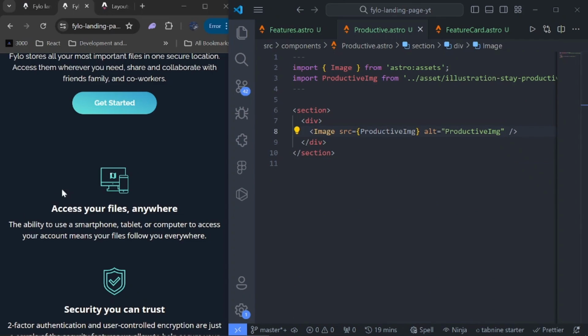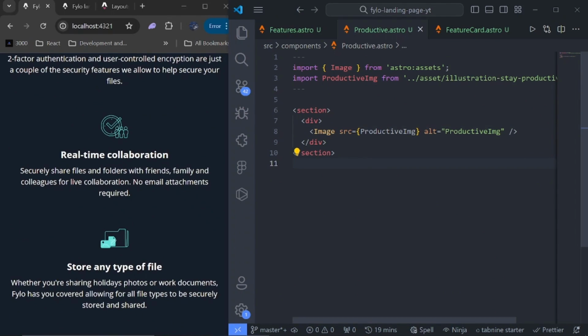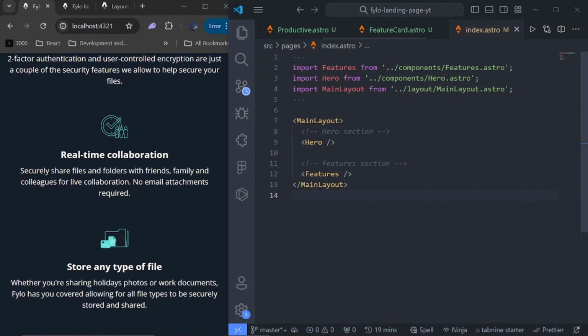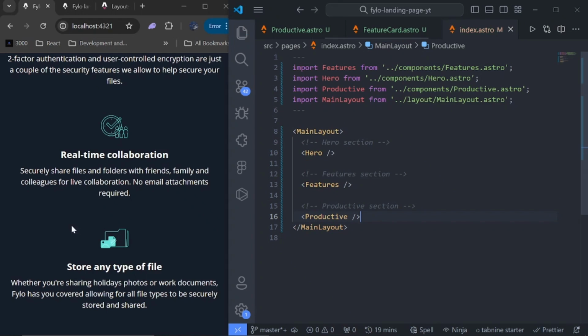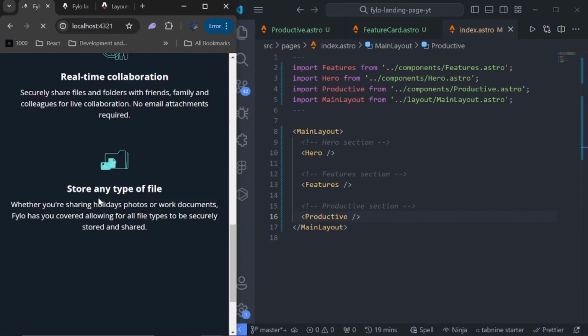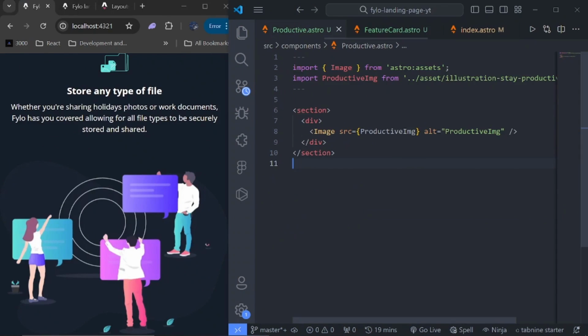Alright, cool. Then since we have this image right now, we need to import it and bring it in our index file. So call this productive section, say productive, and bring it in. So the image is coming in. Alright, cool. So underneath this image, we'll create another div,